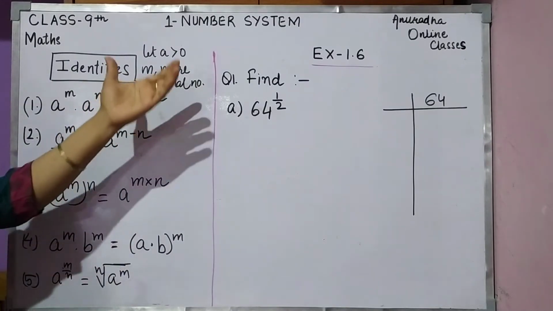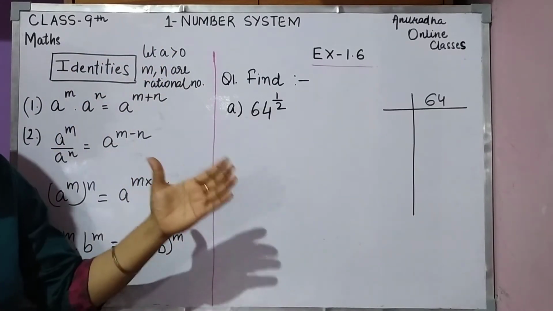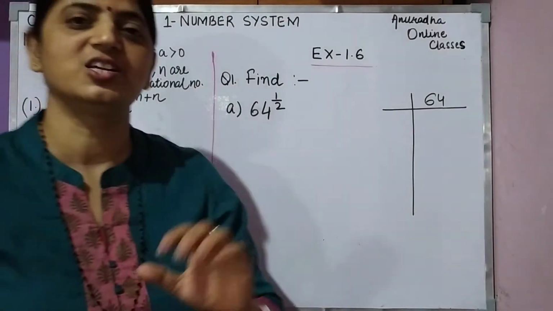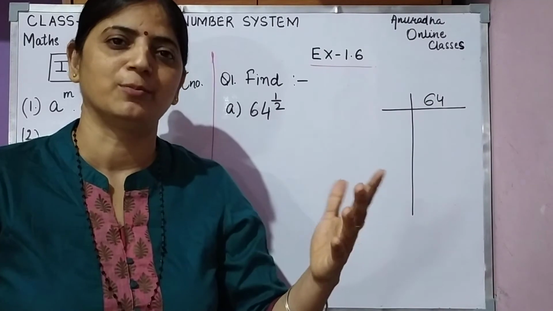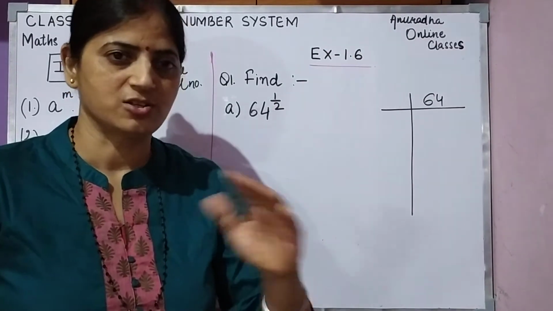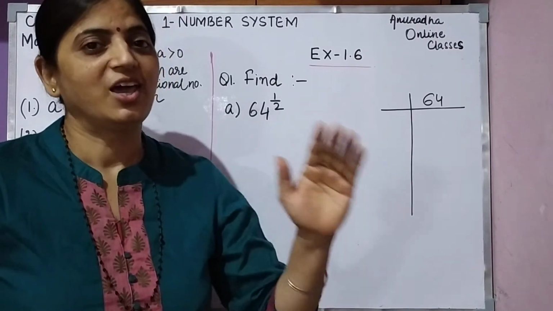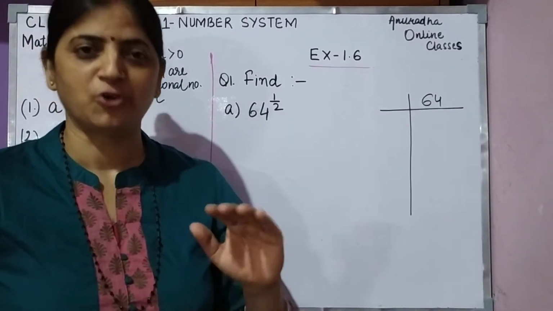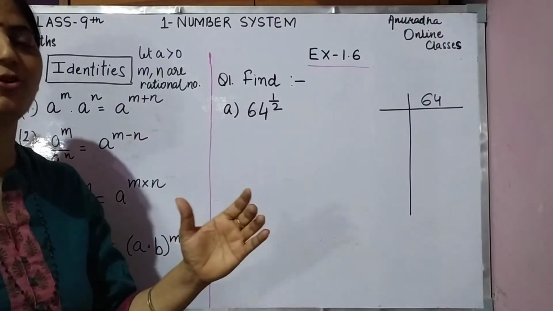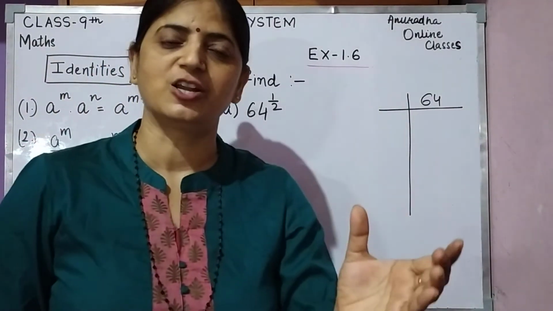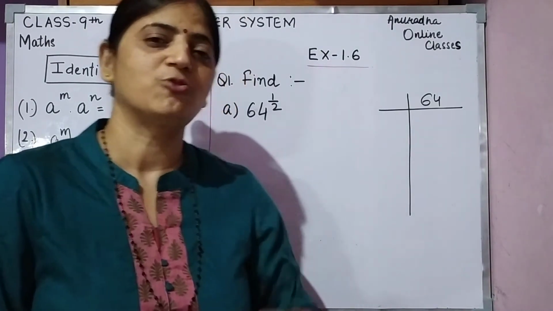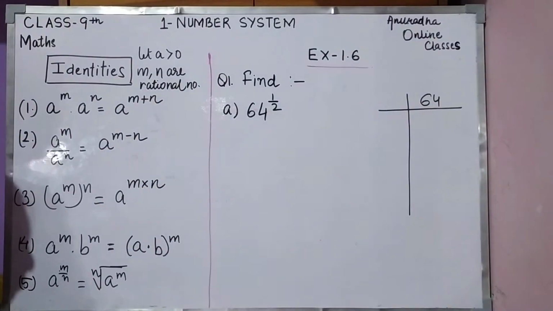Identities. Here what we are studying here, real numbers. This is a new term in class 9th, okay? Till class 8 you have read about rational numbers and other whole numbers and all that. But irrational number is a new term for you, and in 9th class only it has introduced the real numbers also. When irrational and rational numbers दोनों को combine करते हैं, then they are known as what? Real numbers. तो real numbers की identities के बारे में हम लोग पढ़ेंगे.